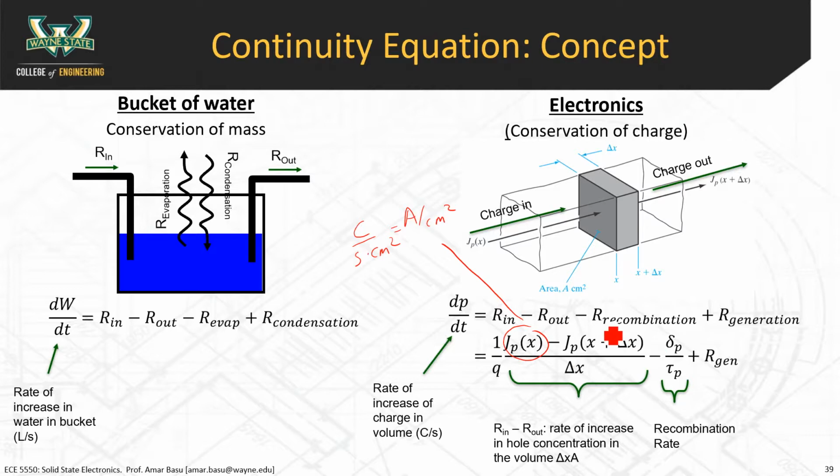The second term here also has the same units. This has units of centimeters. All right. So you take coulombs per second per centimeter squared, you divide by centimeters. So this whole thing here has a unit of coulombs per second per centimeter cubed. And then you divide by